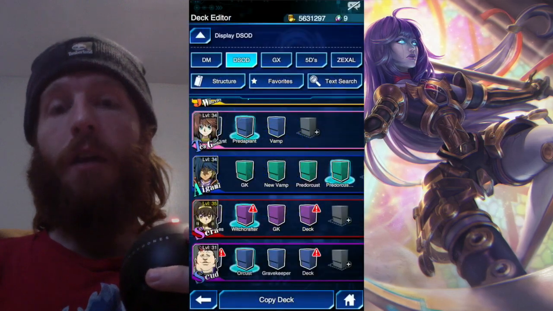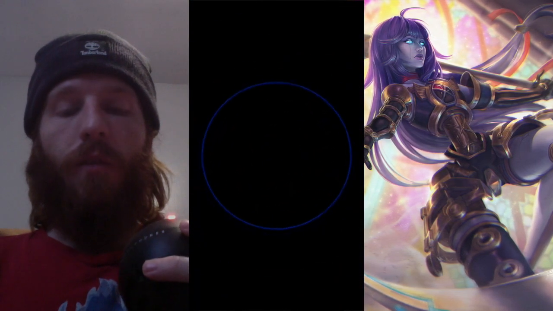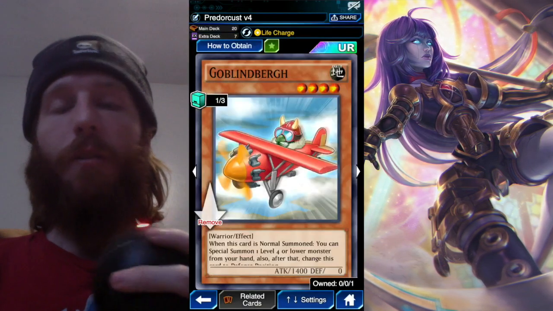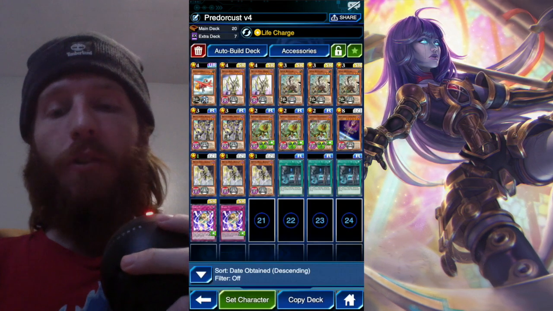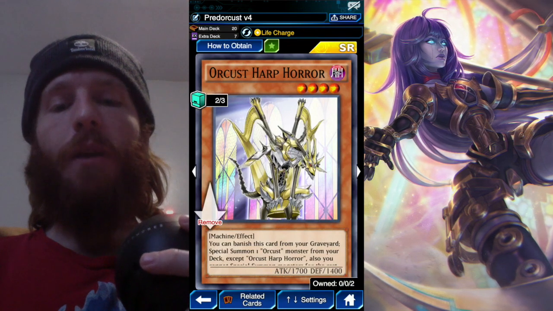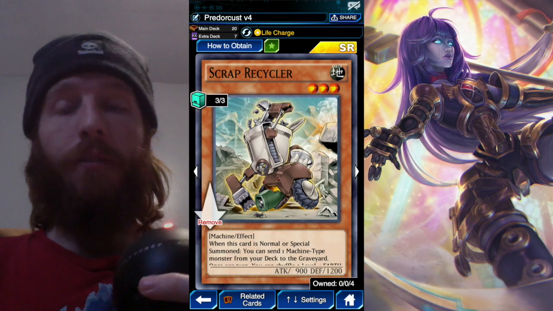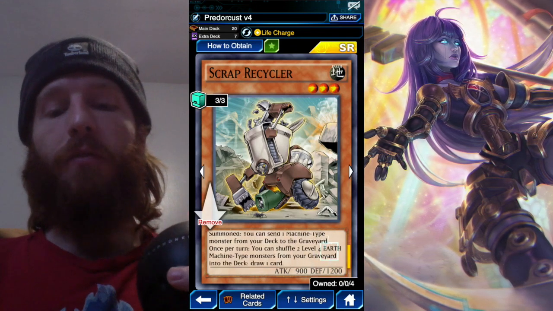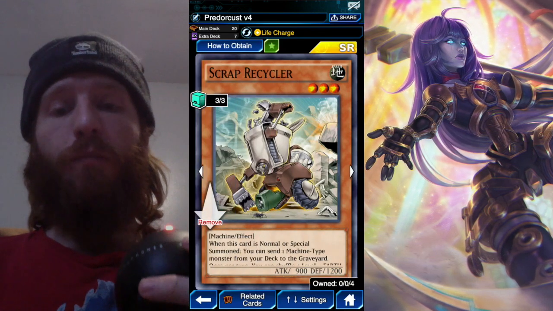So eventually, not in the replays, I go on to a version 2. The version 2 looks like this. I don't normally have Goblindbergh in here, but it was just fun to fool around with when Xyz came out. Because I completely forgot this card was in the game, I'm running 3 Scrap Recyclers. Scrap Recycler will let you summon it and send any machine card from your deck to the graveyard. Its other effect I never use, but you pretty much